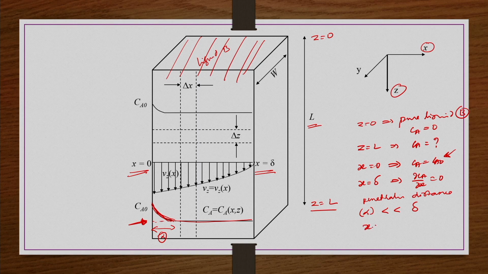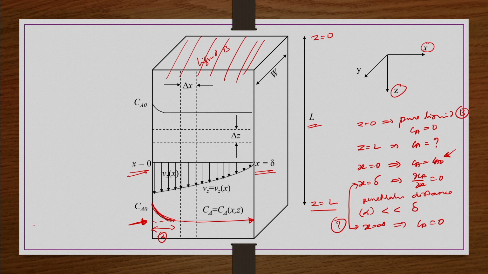It is so far away that, from the gas molecules' point of view, we can say that x equals infinity. So, at x equals infinity the molecules are not able to come up to this location. They are penetrating only up to a smaller distance. After that, the presence of Ca is 0. It is not there. So, Ca should be 0. The conversion of this boundary condition like this is very essential in solving this problem. Otherwise, we are not able to solve this problem.